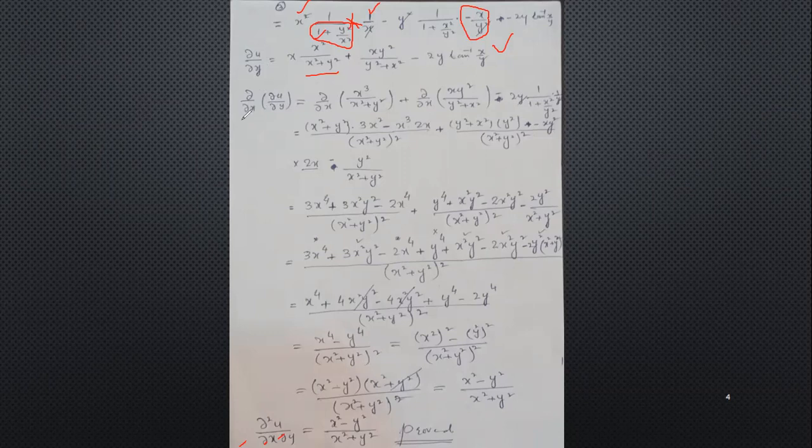Now we take partial derivation of u with respect to y, with respect to x. So derivation with respect to x we multiply with left hand side as well as we multiply from right hand side. In right hand side we have three terms, so we multiply derivation with all.